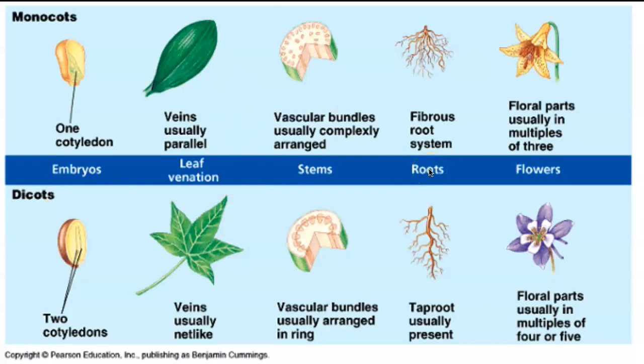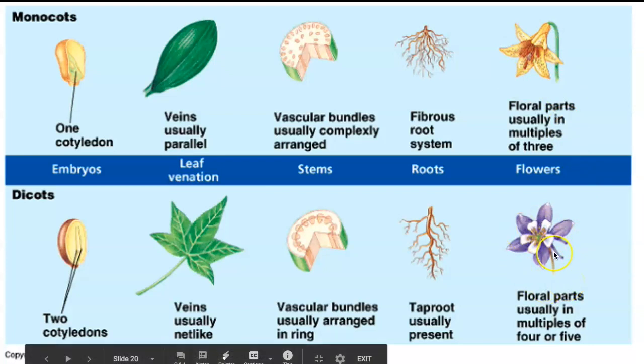If it is a weed and you pull it out, look at the roots. If you see that one main taproot, it's probably a dicot. If you see a bunch of roots, it's going to be most likely a monocot. If you actually see a flower on it, you can go ahead and count the petals on the flower, and that should generally tell you sometimes. If it's in multiples of 3, like we have here, it's most likely going to be a monocot. If it's in multiples of 4 or 5, it's most likely going to be a dicot.